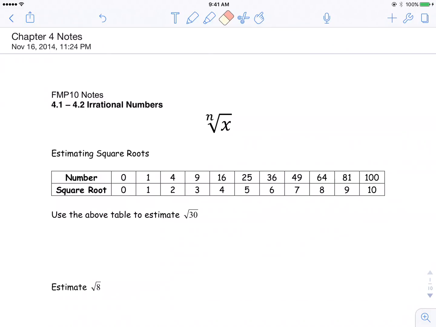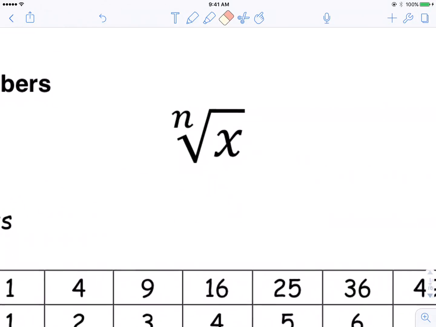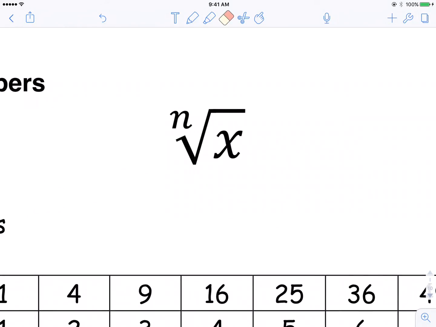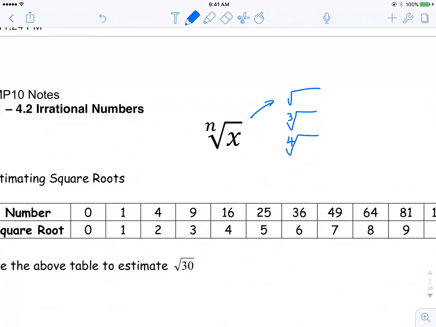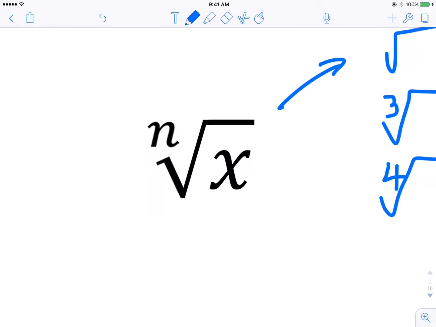Okay, so chapter 4 takes us away from polynomials for the moment. And what we are going to look at now are rational numbers, irrational numbers, and these fancy little things which you should recognize as, well, could be square root, or cube root, or fourth root, and so on and so on. When we're looking at root signs,